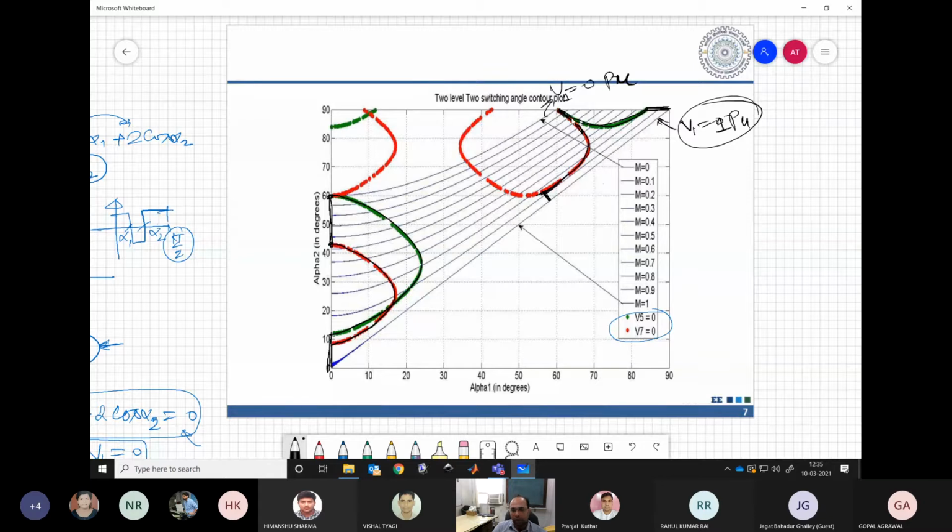Now another option could be that we may not follow any of these curves. We can go somewhere in between. So let us say a third line, which I will draw in blue, which could be a straight line from this point 60, 90 to this 1 per unit curve. So this also could be a good PWM. We are not trying to have any harmonic equal to 0, but we are very close to that. We are somewhere in the middle and then coming to 1 per unit.